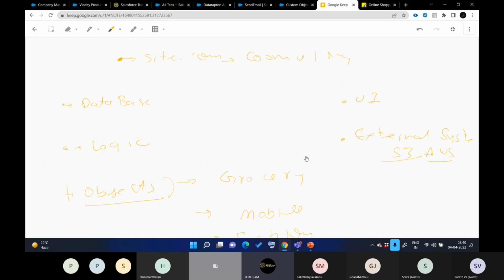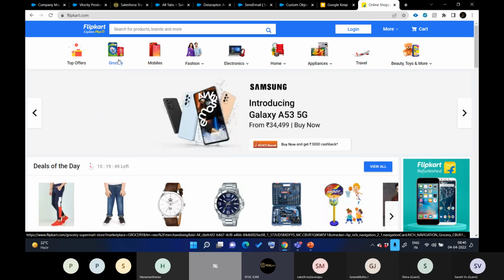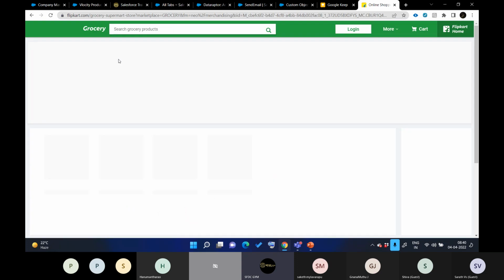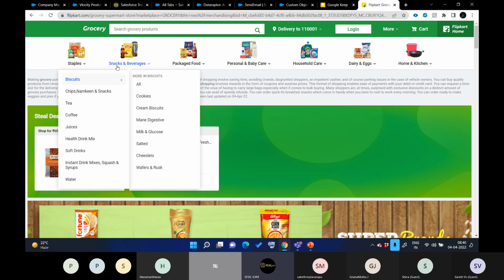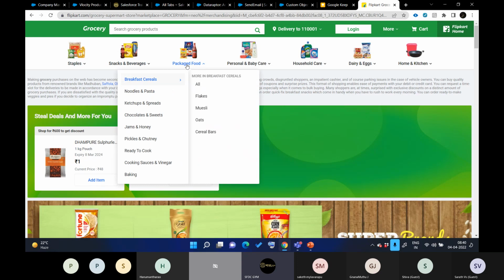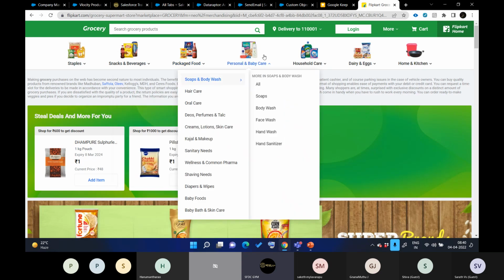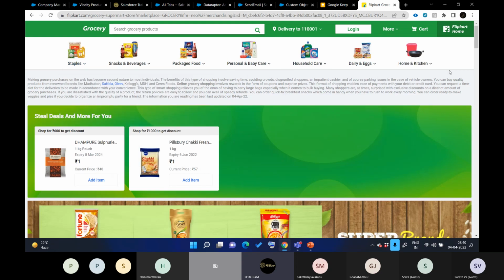But all of a sudden, the customer says, hey, in grocery, we want to further categorize our catalog, right? Let's say if I go here, I want to categorize this in this format. I want to make some beverages, some packed food, baby care, household and daily use, kitchen, like those things. We need to categorize further.